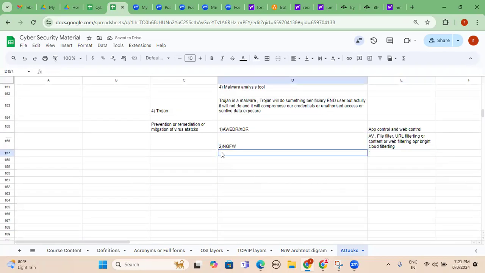So now, if you want to block any malicious URL link, we always use a proxy. We already discussed one topic called proxy server or proxy tool: forward proxy and reverse proxy. What will this proxy server do?